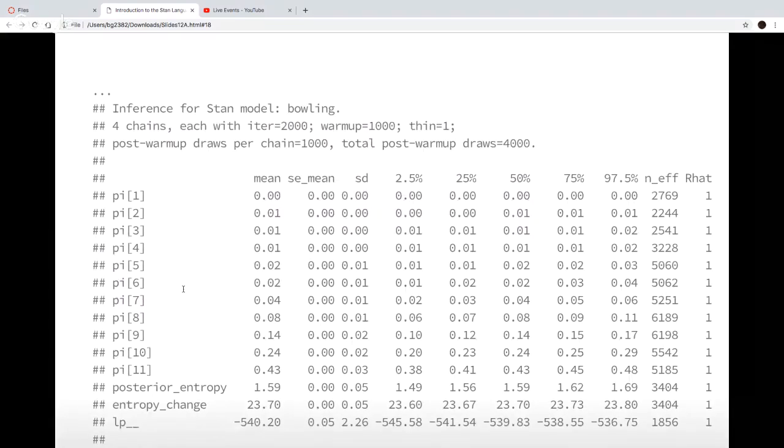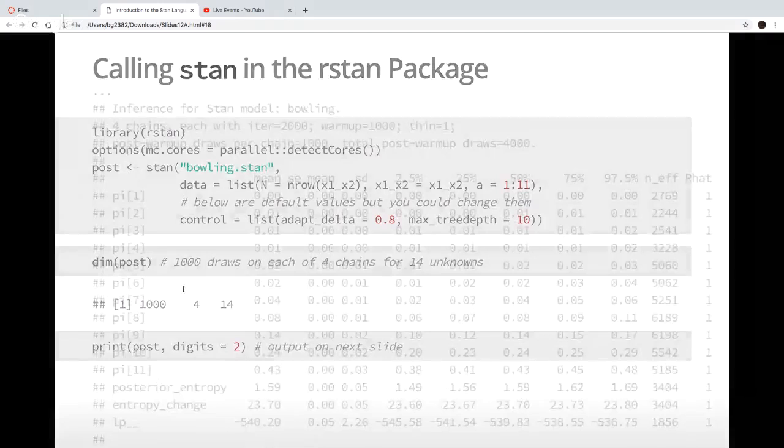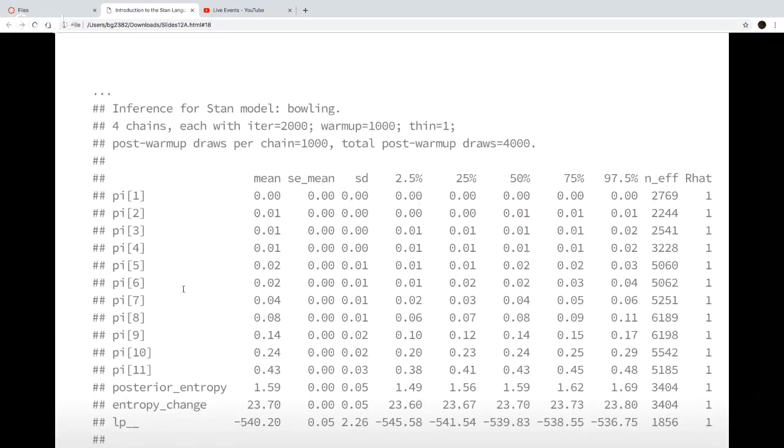And if you print it out, you get this posterior summary of the output, 1 for each of my 11 elements of pi, but also the 2 things I calculated in the generated quantities block. And this lp__ thing, which is automatically added, contains the target value for all of the proposals. So the logarithm of the numerator of Bayes' rule, taking into account the Jacobians in all this. So that's how you call it, and this is the basic summary of what gets out.